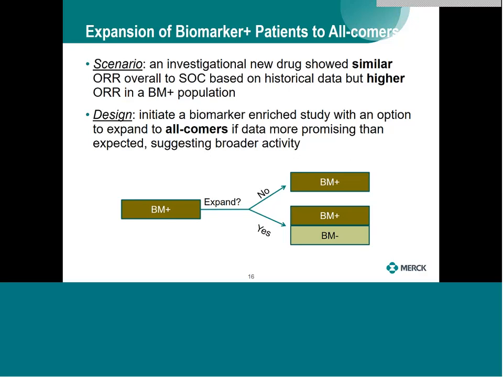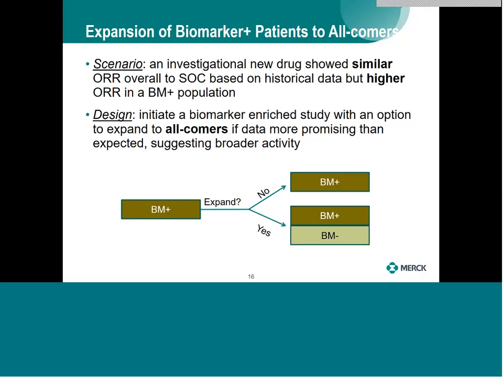But with all these considerations, it's justifiable to initiate the biomarker-enriched study first, and the study will have the option to expand to all-comers if the data is more promising than expected, which suggests broader activity. So basically, you take a look at the interim data and compare the experimental arm versus standard of care in terms of the response rate, or whichever endpoint you think can be predictive of survival. If it turns out that the treatment effect is even greater than you observed in the phase 1 setting, you start to accrue the all-comer population,